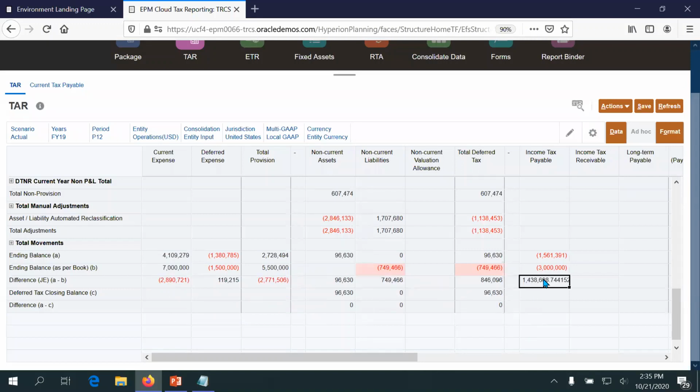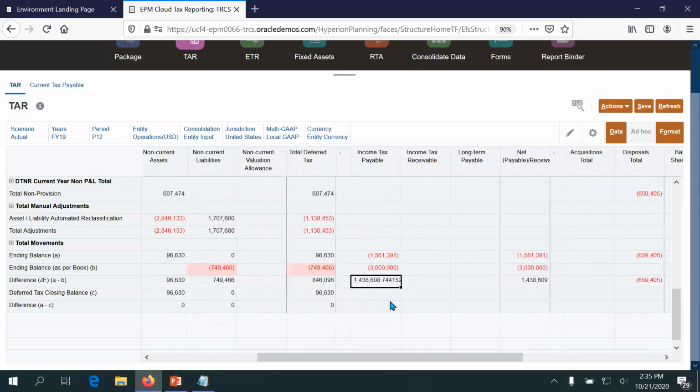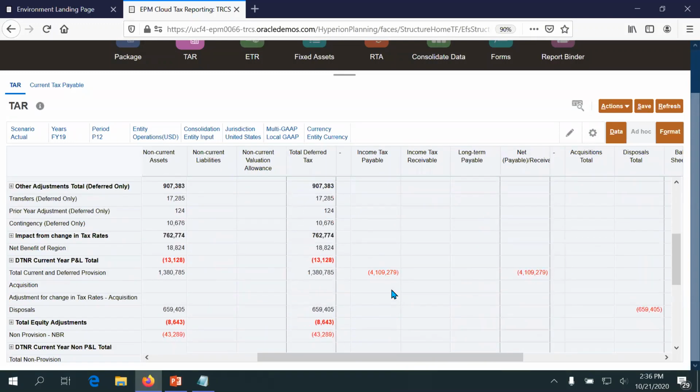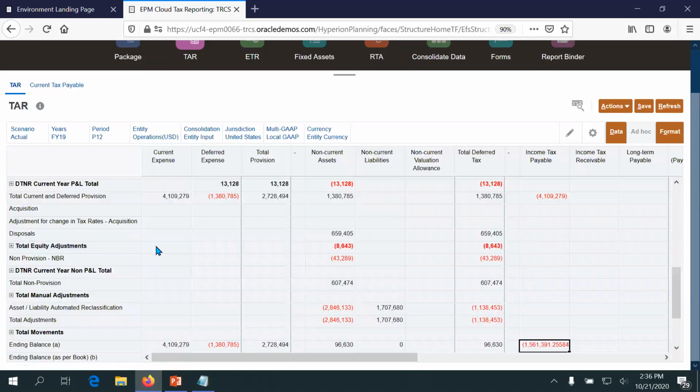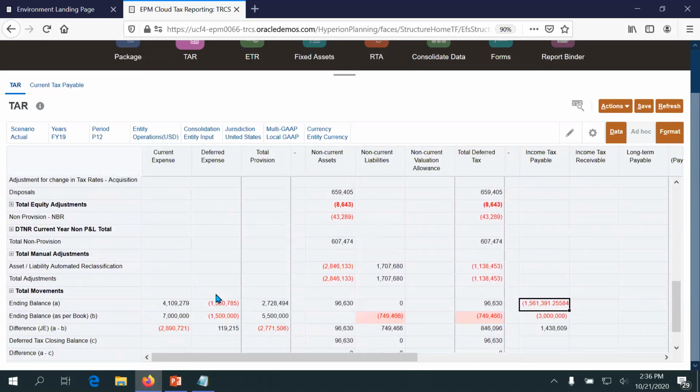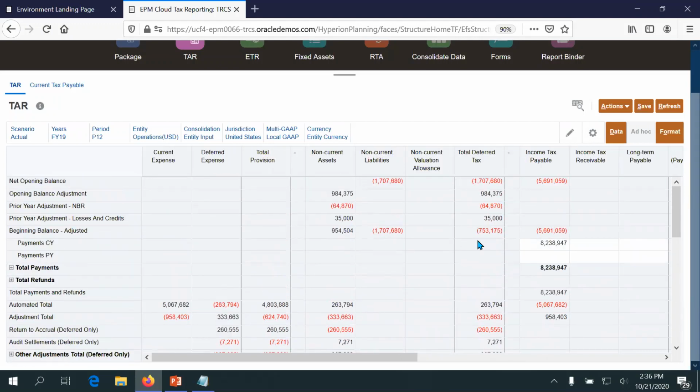So a big focus is taxes payable. That's a big focus for our customers, watching the payable amount, because those are the accrued amounts minus the actual payments that were made. So here I can click on total payments, and I can see what was actually paid for the period. Scroll back up,